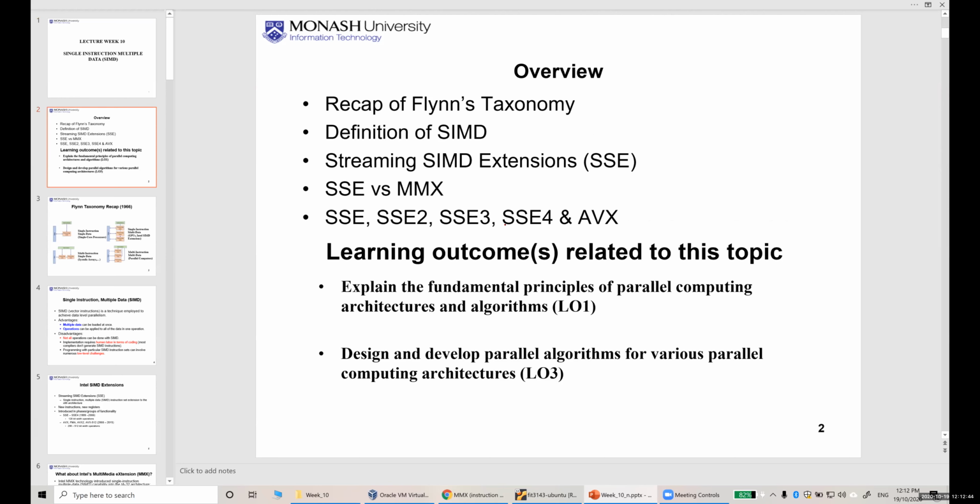The overview of today's lecture is that we will quickly recap Flynn's taxonomy, and then go into the definition of SIMD, and from there into the streaming SIMD extensions, SSE. We will do a very brief comparison between SSE and MMX, and then cover the features of SSE, SSE version 2, version 3, version 4, and AVX. At the end of the lecture, I will give you a very simple hands-on exposure to